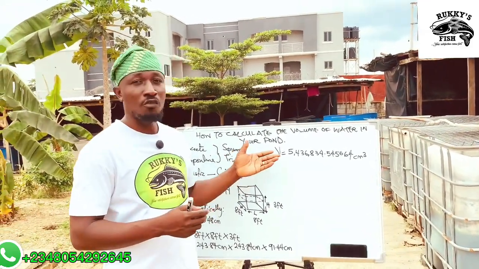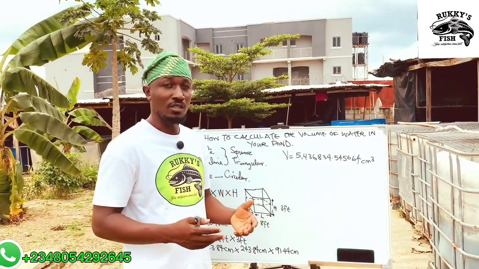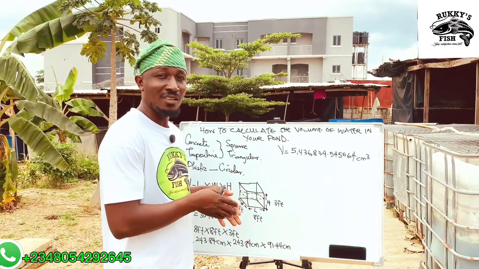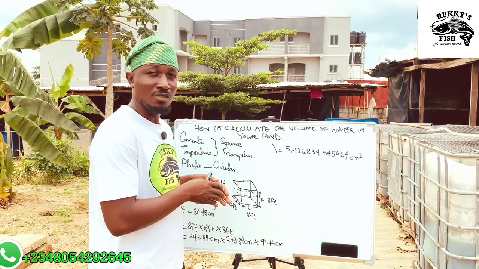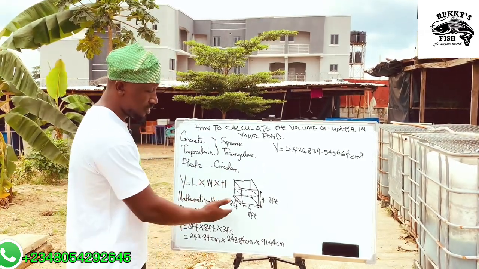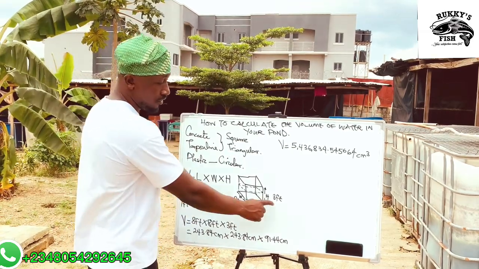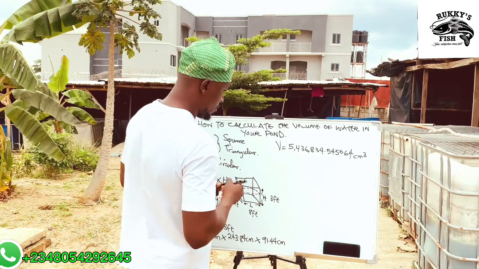We must use our conversion table to convert cm cube to liters because we are talking about volume, so that at the end of the day we have an idea of the volume of water that is contained in our pond. Okay, and we are using 8 by 8 by 4 feet height pond. Nevertheless, the water is 3 feet. So let's go this way